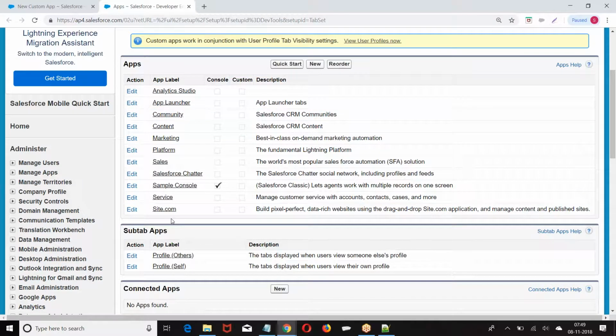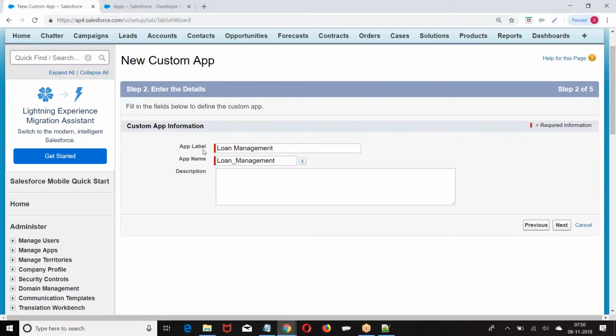Applications are visible to the users on the UI using labels. Application name is the actual name of the application. If you want to refer to this application programmatically using a program, we will use the application name, for programmatic reference, and label for display. I hope you are good.